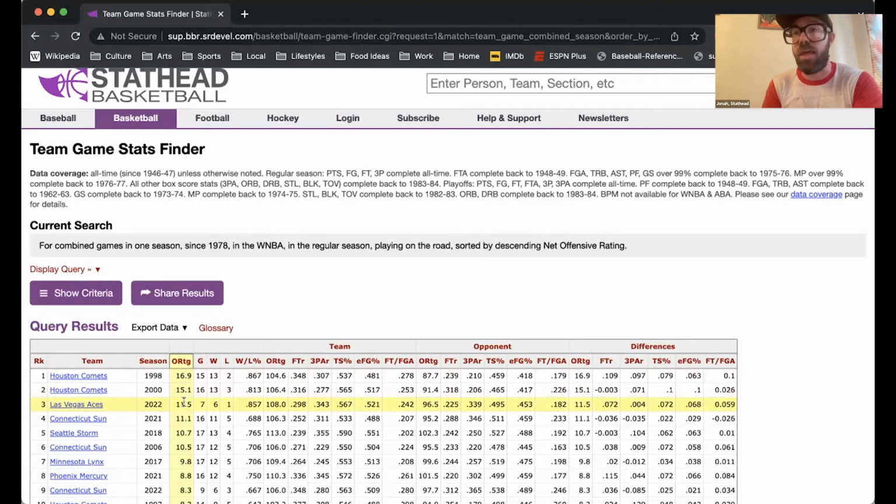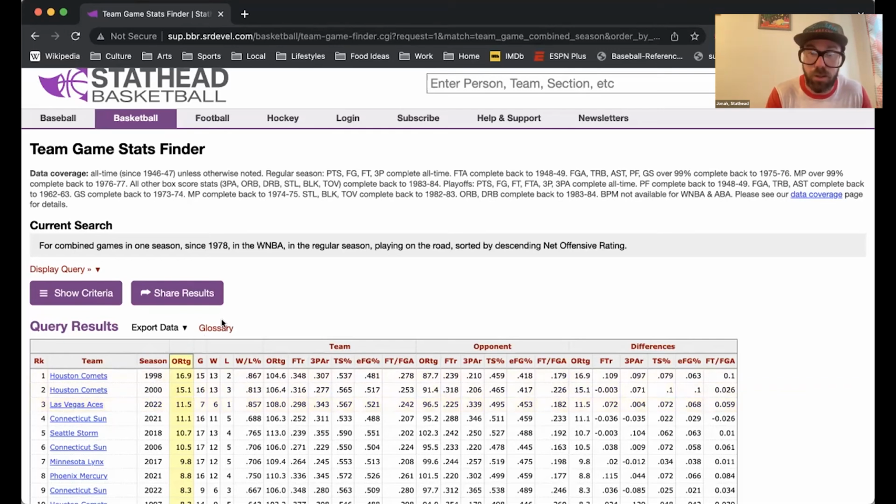Can they keep up that road performance, or is it because they're playing super hot right now? Perhaps they've had an easier road schedule. This is one of those things that I would see in Stathead, and it would make me want to do more research and say, all right, wow, how are they doing this? What is behind this sort of thing? Can they actually push on and keep this not quite record breaking, but certainly in the modern era, record breaking